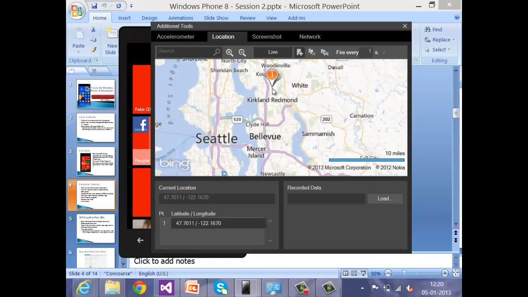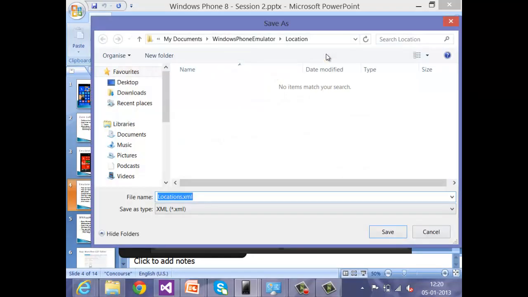For example, I want to pin a particular place on the map. Say I pin this, you'll be able to pin this. It will also get you the latitude and the longitude for whatever points you have pinned on the UI. And if I want to export this to some kind of XML file and later I want to use it on another device, I can say save, and then it saves the complete marked points into an XML file.